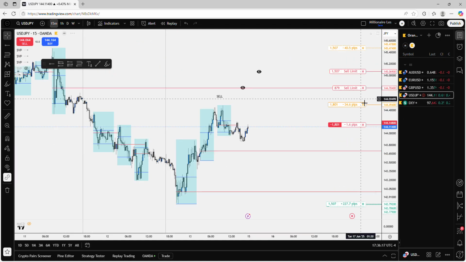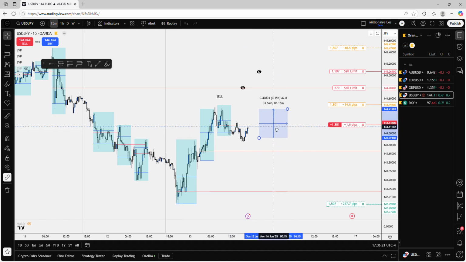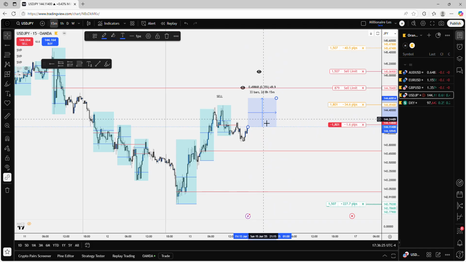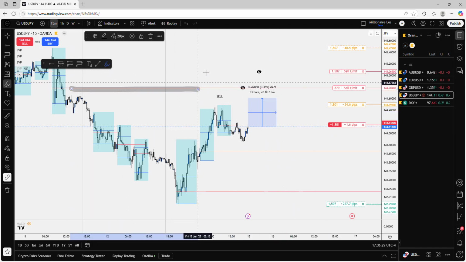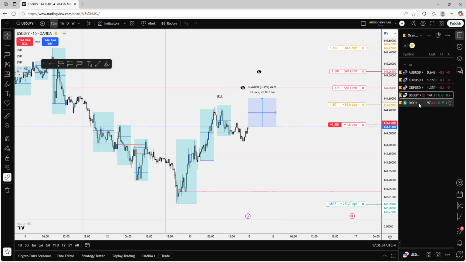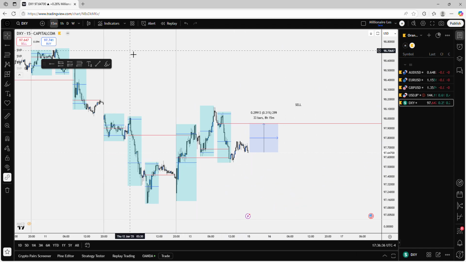So hopefully that makes a little bit of sense as to where my head is at and what I'm thinking when I trade. More than likely, this is not going to get hit, this POC right here, just based off of, again, the DXY. All right, so no intro, no outro, straight fire.